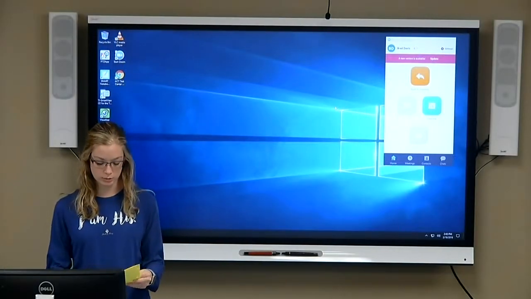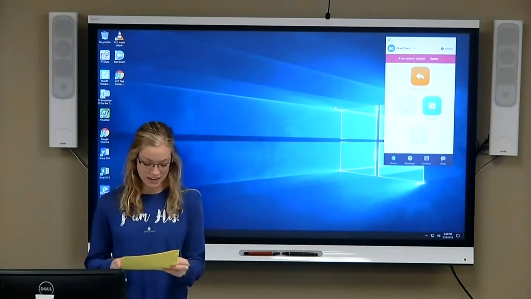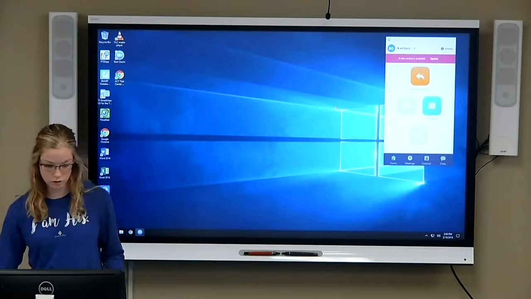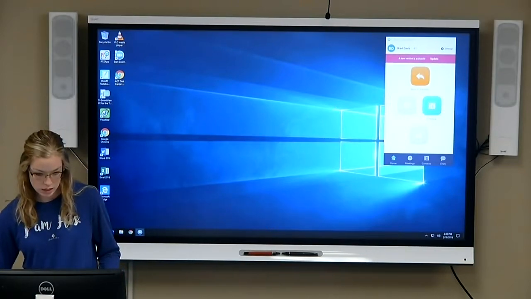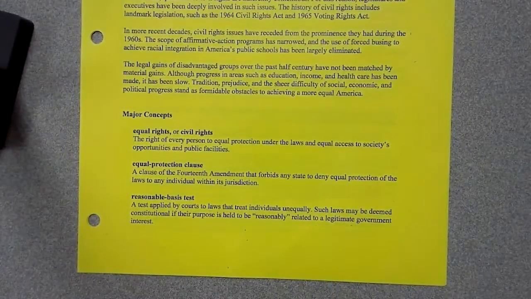Last week we talked about equal rights and civil liberties. The Equal Protection Clause. I'll go ahead and show this to y'all. Here's some of the vocabulary words. Equal rights and civil rights, my bad.